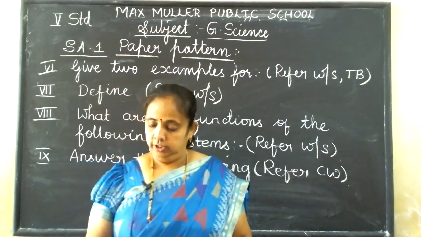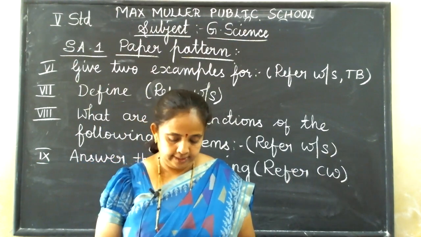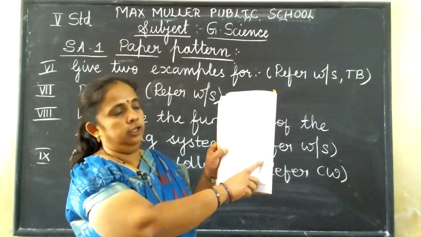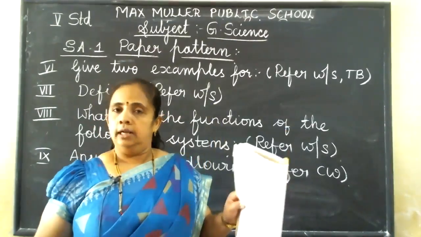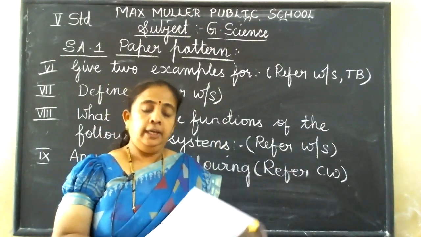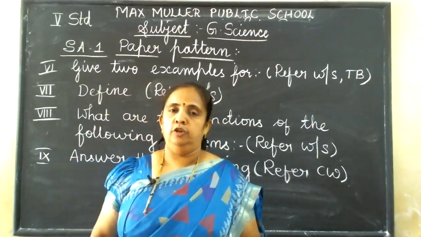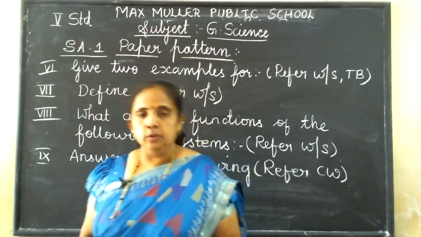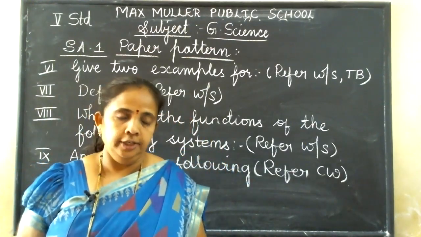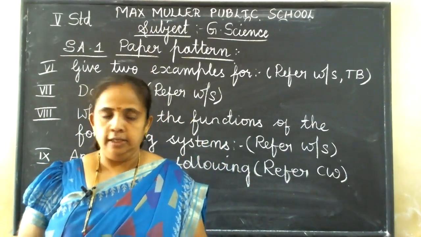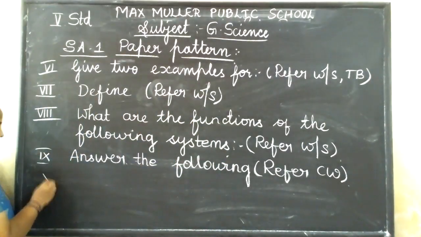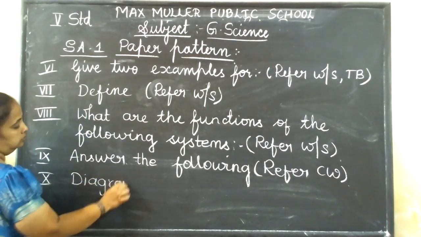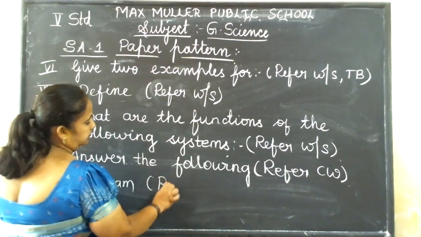So these are the questions which you have to revise for the exam. And the diagram, taste buds on the tongue. In the exam, you can color also, okay? But drawing and labeling is very, very important. For drawing, you have 3 marks. Labeling, you have 2 marks. So if you want, you can color. Otherwise, no need. Got it? So that is the 10th main diagram. This also refer classwork.